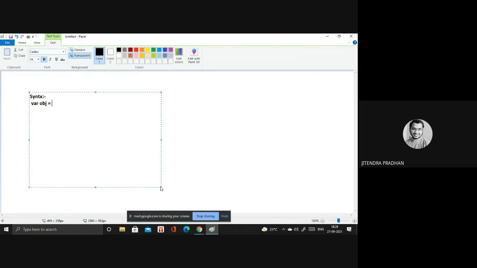In the object we are declaring properties and values. Next we have methods and functions. Inside the method we have a function. In the curly braces, this is the syntax of the object.